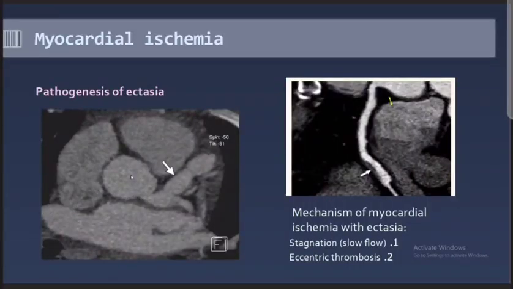The second point is the pathogenesis of ectasia. Ectasia means dilatation of the coronary artery, and the pathogenesis of ectasia is not clear. But it's considered a type of atherosclerosis where the atheromatous plaques are not deposited subintimal, but instead are deposited in the media. And as you know, the media is formed of fibrils